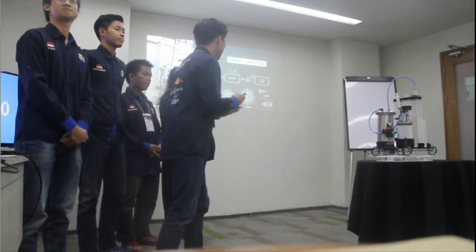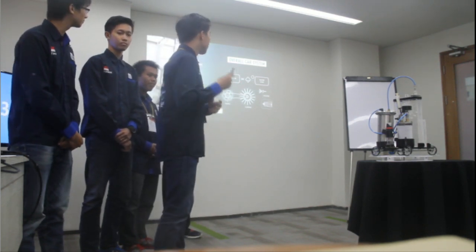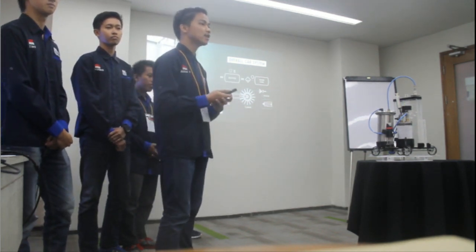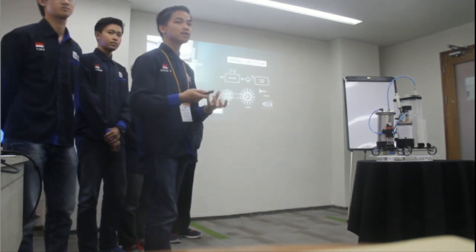First, we inject the chemicals in the reactor: the hydrogen peroxide and ferric chloride. And then the hydrogen peroxide will decompose into oxygen gas, filling up the reactor to pressurize the vessel. Until it reaches the determined pressure, the gas will be released to make it flow through the hose, passing through